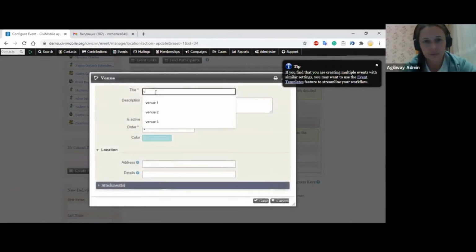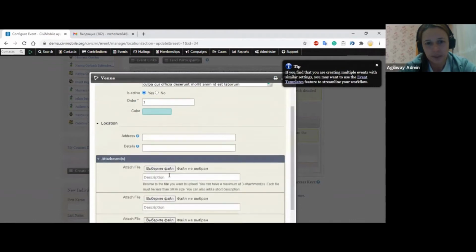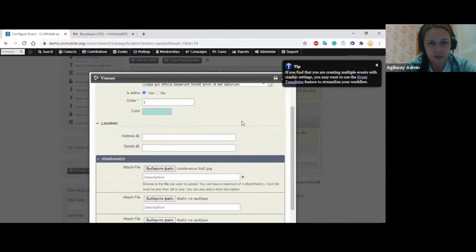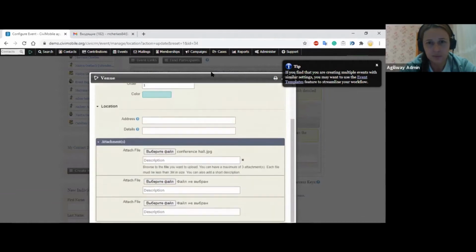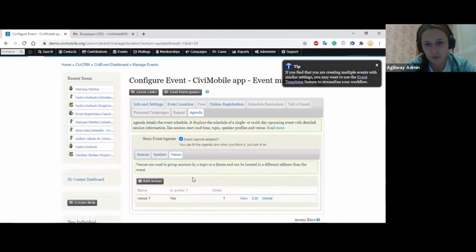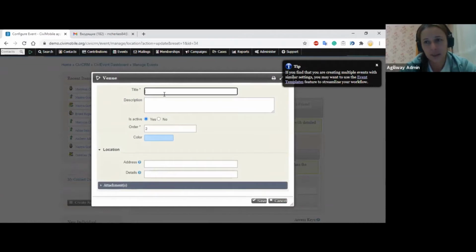Let it be venue 1. Here we will add some description. We will put order, color. We can add an attachment. I already created a conference hall, one of them. Yes, and save. So now you see the venue, and you can add one more. You can add many of them. I want to show you just,